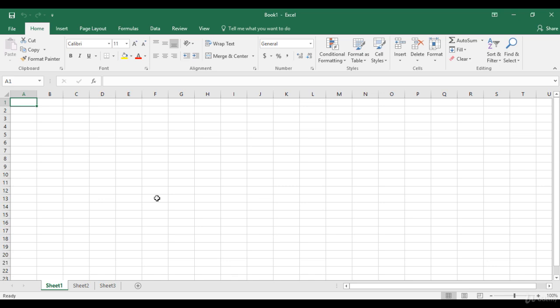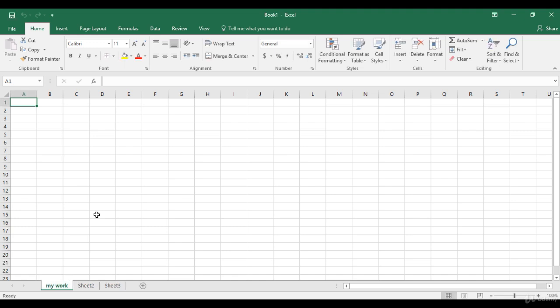Now an important thing to note over here is that these tabs are independent of each other. So you can do anything in sheet 1 without impacting your work in sheet 2 or sheet 3 and so on. Now let's talk about the naming conventions of these sheets. Supposedly I want to rename this particular tab or worksheet as it is called from sheet 1 to something else. I'll go to sheet 1, I'll do a right click of my mouse and this menu will pop up. I click on rename and now I can enter whatever I want to.